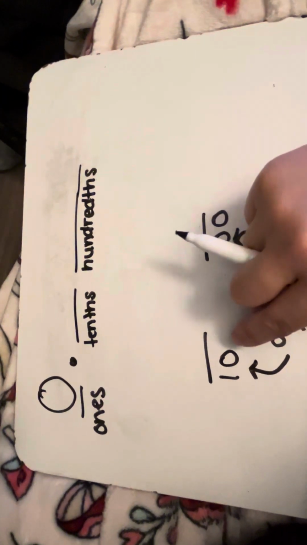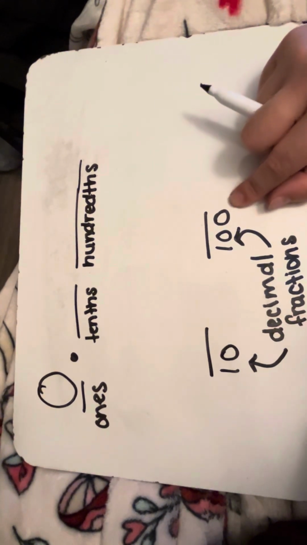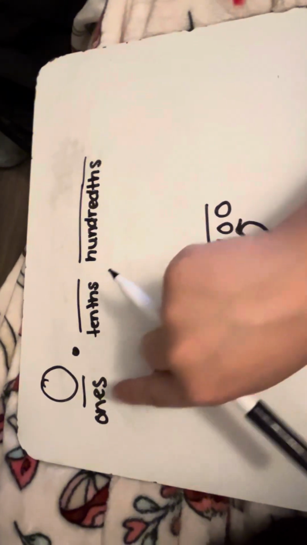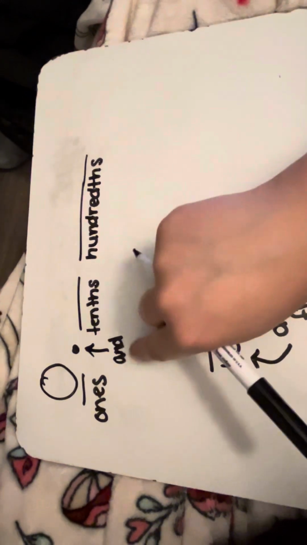Just like in fractions too, if you have a smaller denominator, you are talking about a bigger piece of the whole. If you have a bigger denominator, you're talking about a smaller piece of the whole. So when we're saying decimals, we say them properly as whatever number is in the whole place value. So here we're going to say 0 and then something tenths, or 0 and something hundredths. So let's do some examples. So let's start with